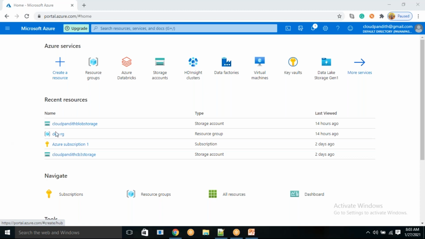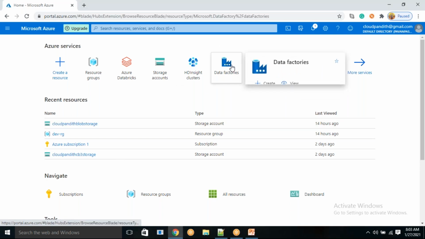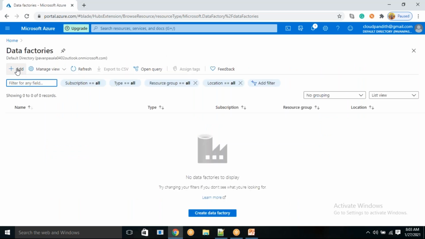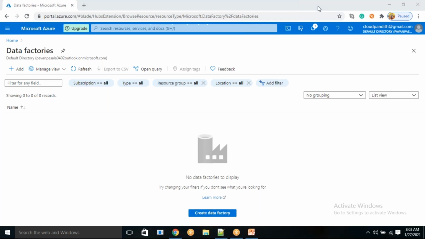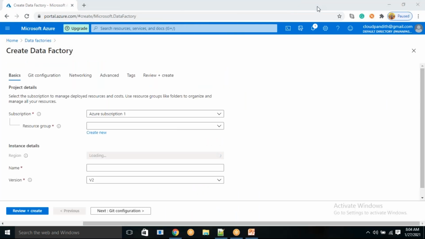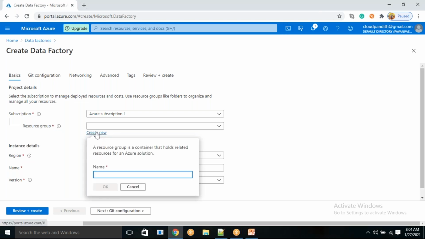Okay, fine. So I am here. Let me create the data factory first. Let's click on data factory. Let's click add to create the data factory. Okay, fine. Let's create a new resource group. So subscription, resource group is this. I'm just saying Cloud Pandit BI master program. So click OK.